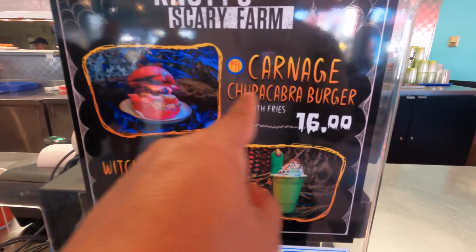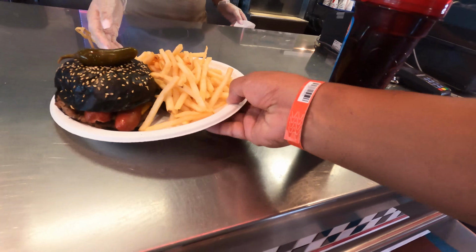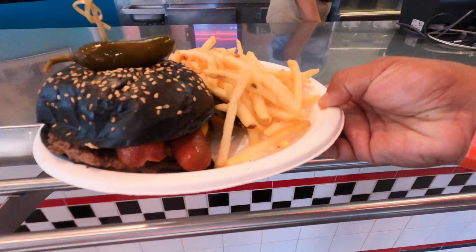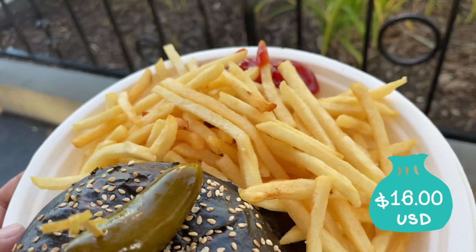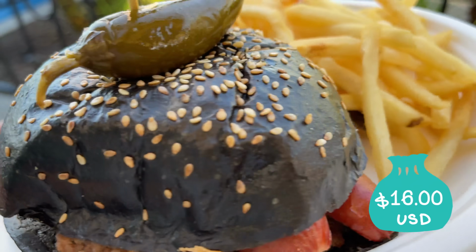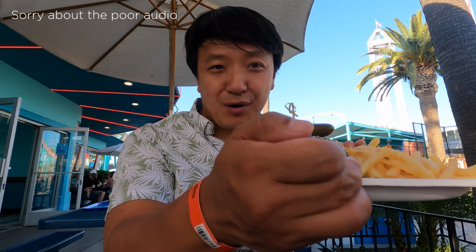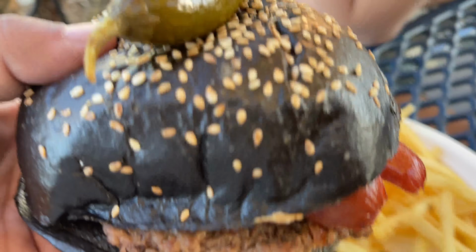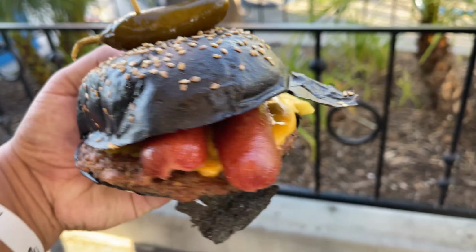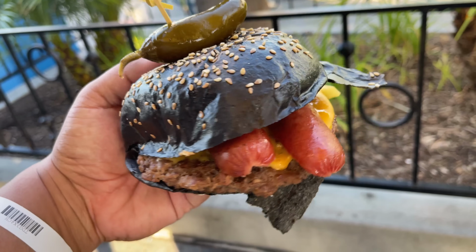And today I'm going for the Carne Chupacabra Burger. This is the Chupacabra Burger. If you guys don't know what a Chupacabra is, it's a creature that's kind of like a coyote, a dog. And this burger, I don't know exactly why this burger would be anything resembling a Chupacabra, but